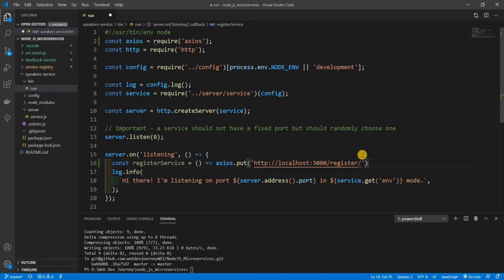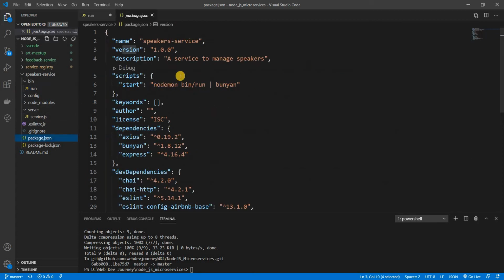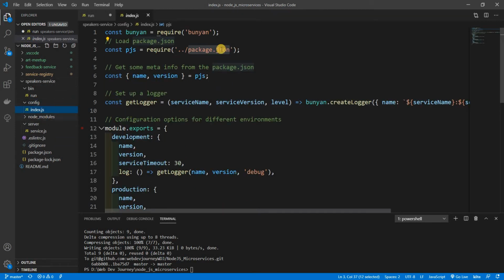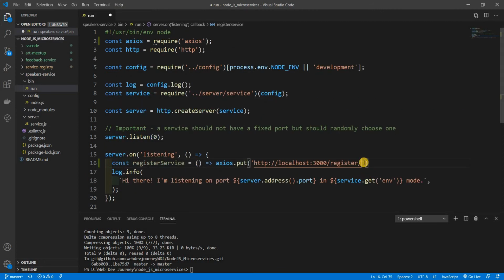All right. So for the name and version, I'm actually pulling that out of the package.json right here, the name and version. As you can see in config/index.js, I'm grabbing that right there. I'm giving it the package.json and just grabbing the name and version and putting it down here. So we could just call right here config.name. I think I forgot to do the ticks. Yeah, I forgot to do the ticks. So let me do that instead. Okay, so I got config.name and also the version,